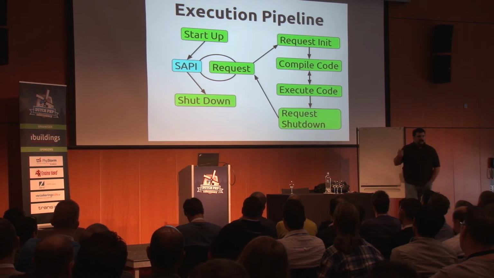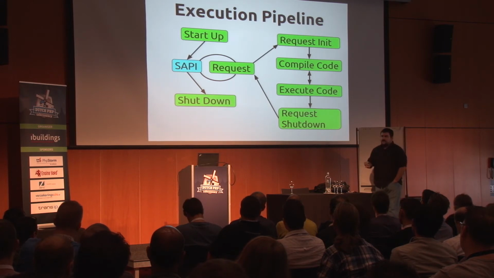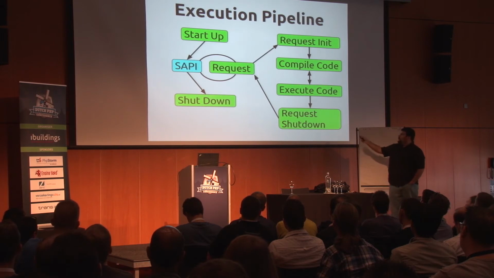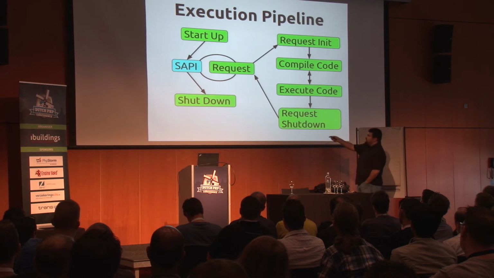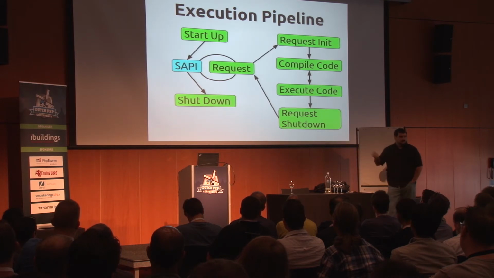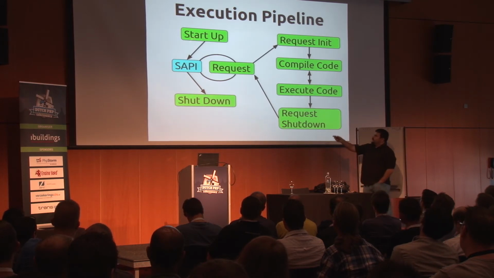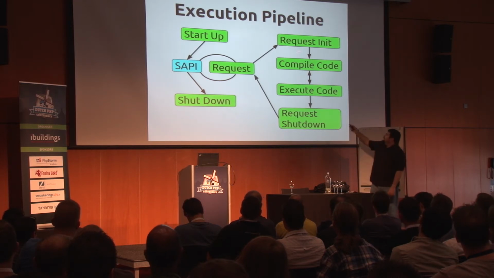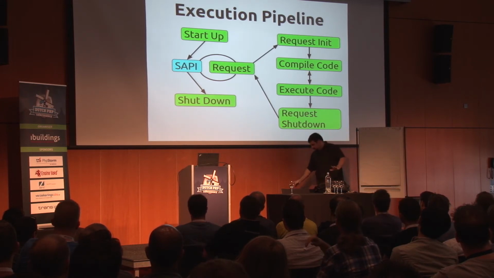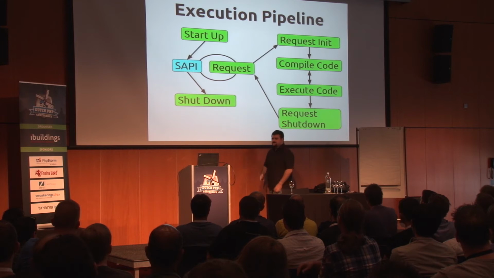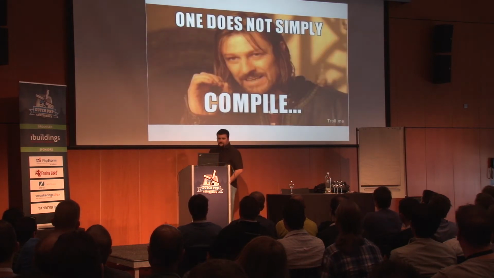Fast CGI, mod PHP, and a bunch of other APIs, you start up the process once, and then you issue a whole bunch of requests, sometimes in parallel. Sometimes this will fork off for each process. But the point is, startup and shutdown happen once for the lifetime of the engine. This thing happens once per request, and there can be more than one request per engine. So what does that mean?